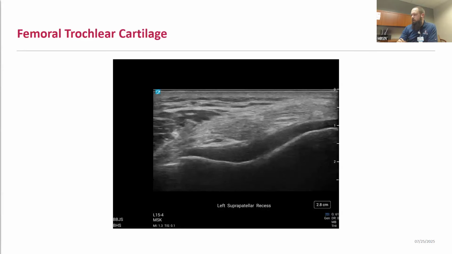At the anterior aspect of the knee, you can also assess the hyaline cartilage, both of the femoral trochlea, as well as more anteriorly in the parasagittal plane, you can look at the hyaline cartilage of the femoral condyles. And so here is a short axis view of that femoral trochlear cartilage. You can identify osteochondral defects in these areas. You can look for calcific deposition, such as with pseudogout or sometimes gout crystals on the chondral surface. And so these are various things that can be diagnosed and identified with diagnostic ultrasound.